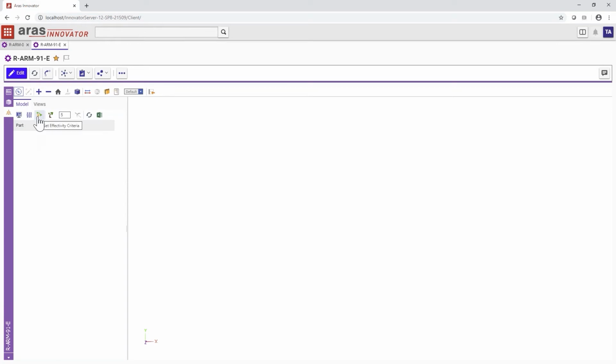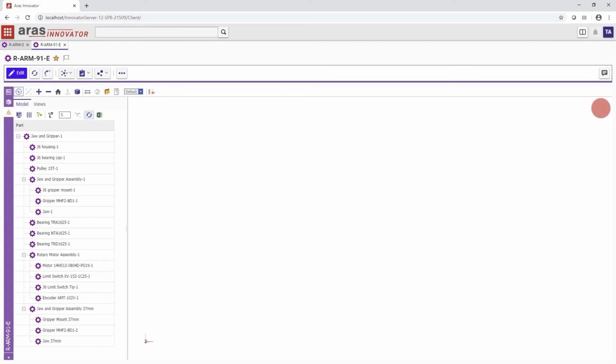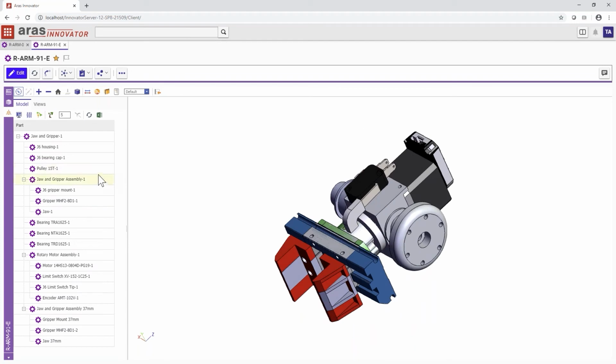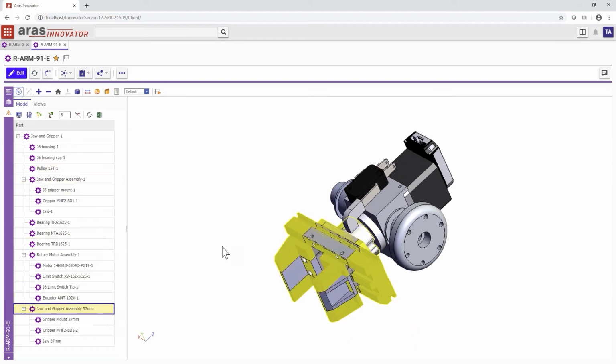And I've added the effectivity criteria dialog, also possible with tree grid view definition configuration. So if I reload this view, you can see here that I have both jaw and gripper subassemblies loaded,